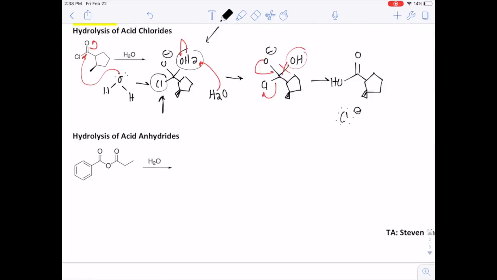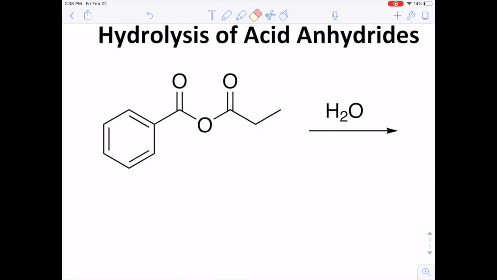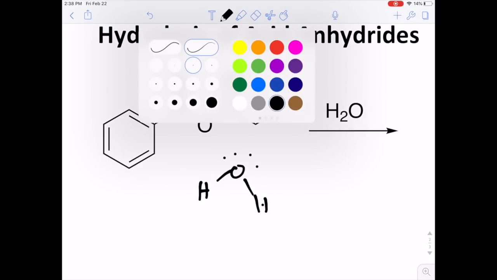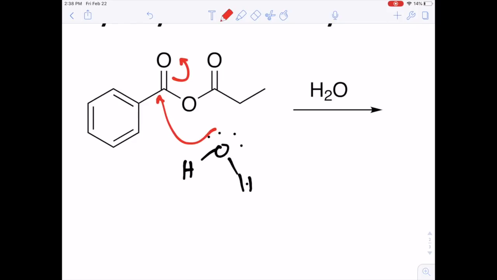It's the same thing for the hydrolysis of acid anhydrides. So you could actually do this either way. You could have decided to add water into this carbonyl, or you could have decided to put water into this carbonyl. Your choice. You're still going to get the same product, and the mechanism would be the same. So what you could do is draw the mechanism like this. So if I had my molecule of water, mechanistically you would expect those lone pairs going in here. So if I were to just zoom out,